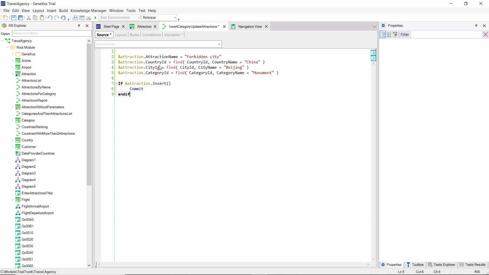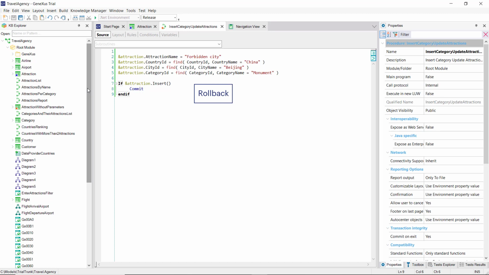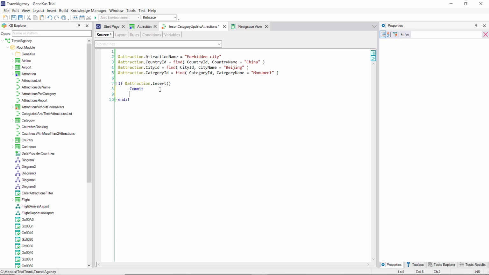When a commit is executed, all operations performed between the previous and the current commit will be accepted. Just as we have the commit operation to accept all those actions, the opposite one, called rollback, allows us to undo everything that may have been done after the last commit. Here, we could make a rollback if the operation was not successful. But it won't make much sense here, because if the operation was not successful, we could assume that the record was not even inserted, so there will be nothing to undo.